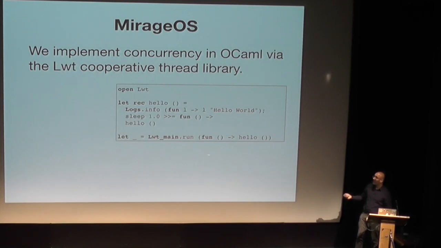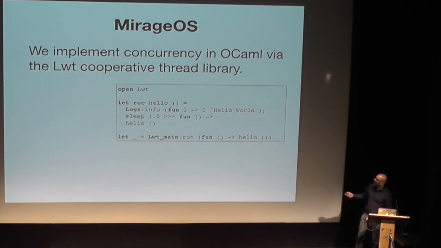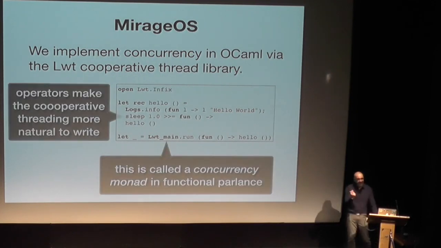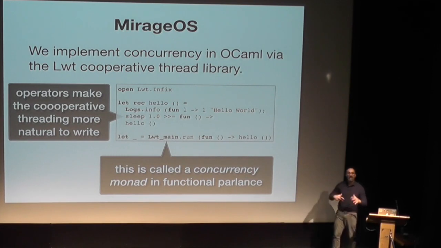So a cool thing in OCaml, you can define operators. So I can say that I replaced the bind earlier with an operator called greater than equals. And this is looking much more natural. We just had to replace our semicolon with this operator. And then suddenly we have a cooperatively threaded library that expresses the essence of what we want, the essence of trying to sleep for a second. But it's formed a data structure within OCaml that describes the timing requirements and so on of the program.